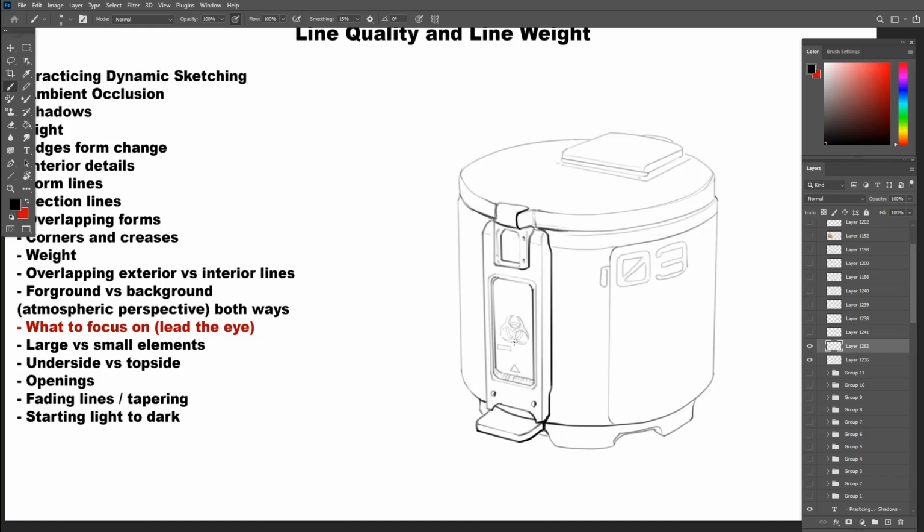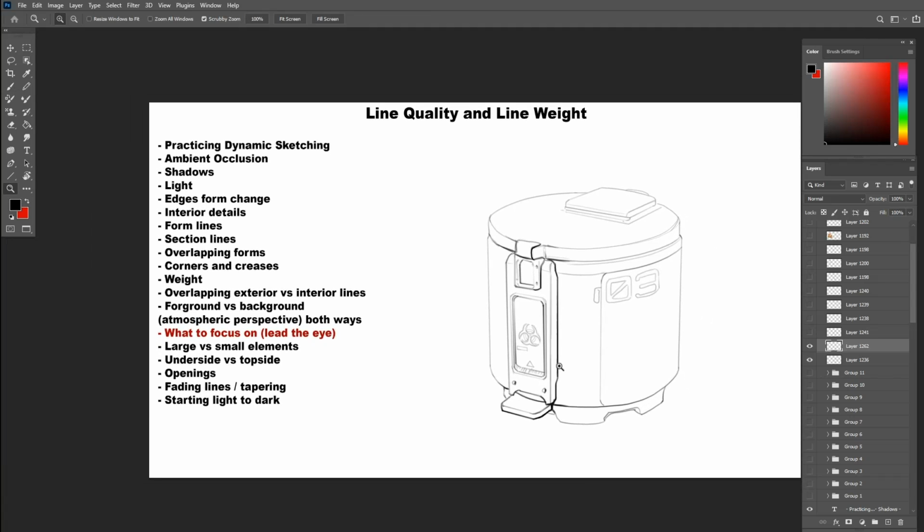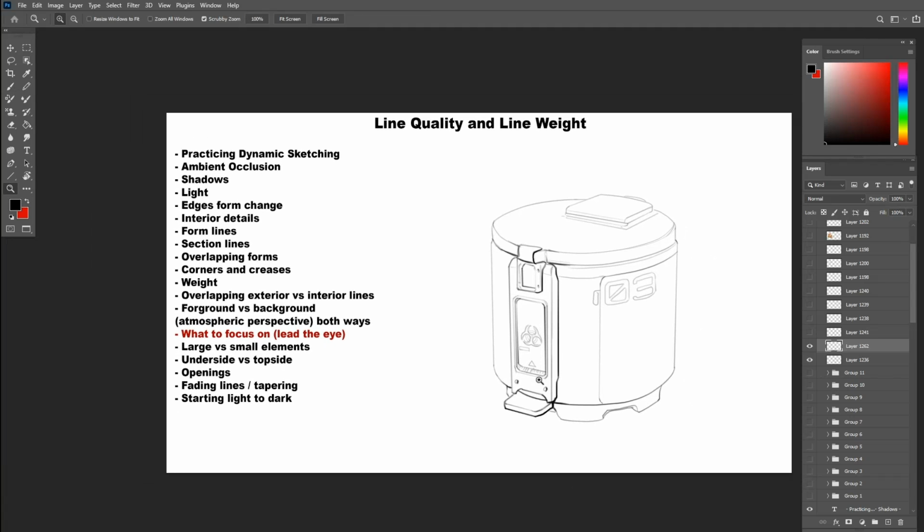This is kind of an advanced stage, but I had to include it here just to let you know that at first you have to follow the physical rules of light, shadows, weight, and so on. But later you can manipulate these rules to serve your purpose of telling the viewer a story, and telling the viewer exactly where you want them to look. It's not arbitrary where you look at when you see a painting. It's mostly done by the artist leading you there, with lines, colors, values, and so on.